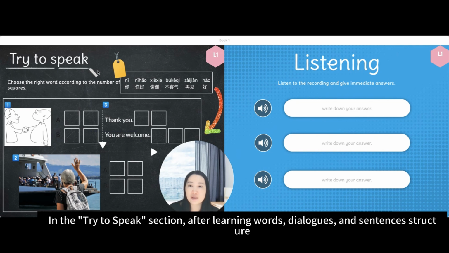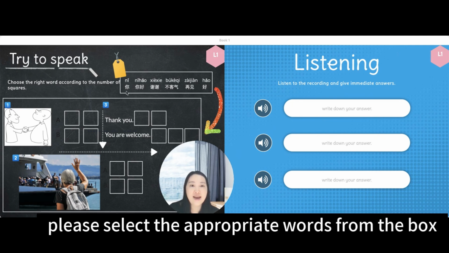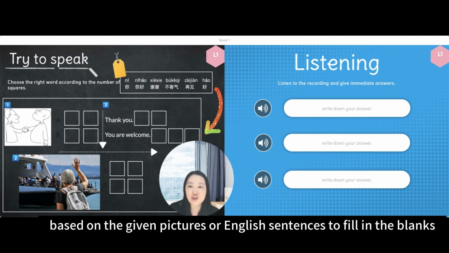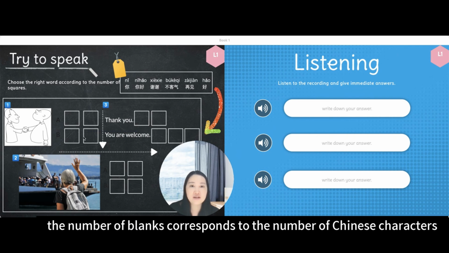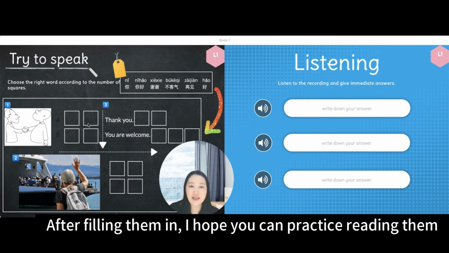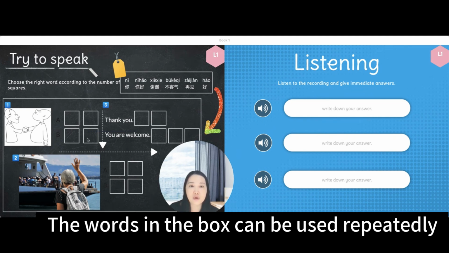In the Try to Speak sections, after learning words, dialogue, and the sentence structure, please select the appropriate words from the box based on the given pictures or the English sentences, and then fill in the blanks. Please note that the number of the blanks corresponds to the number of the Chinese characters. So after filling them in, I hope you can practice reading them, and the words in the box can be